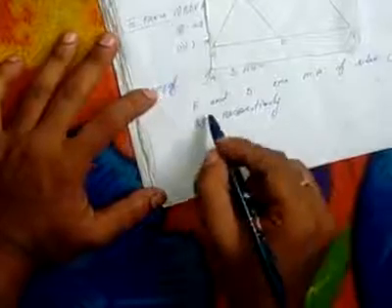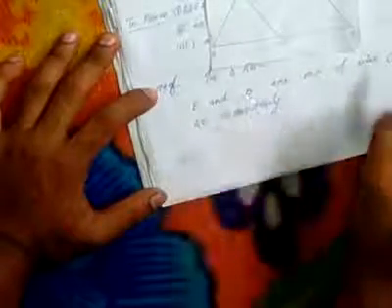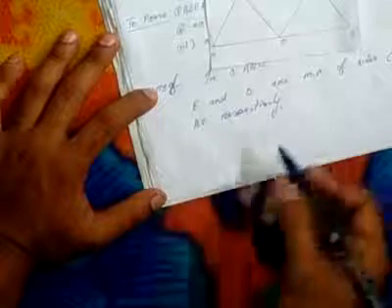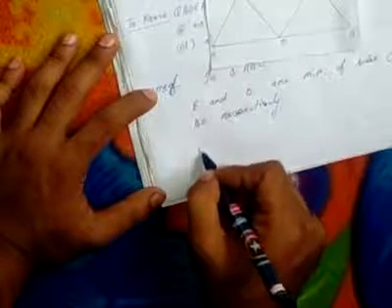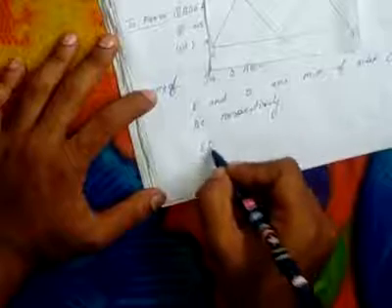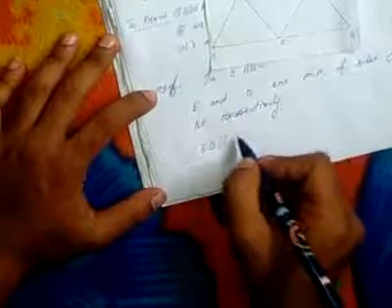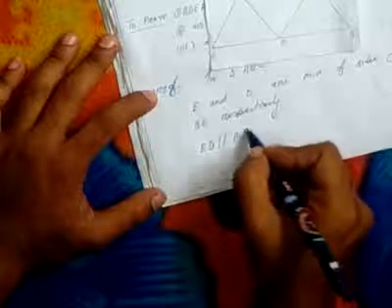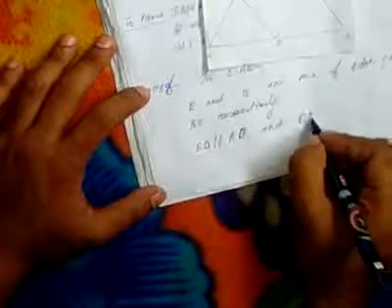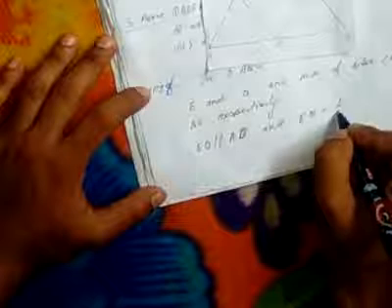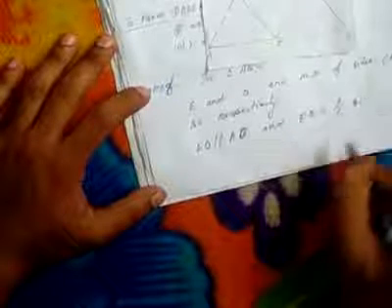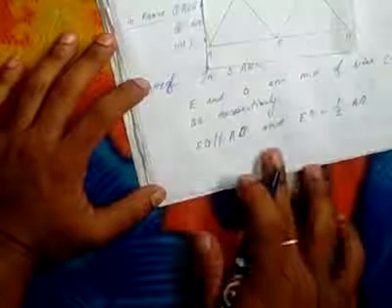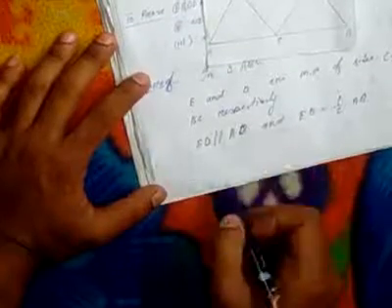Okay, I'm writing here, you can see. This implies that if E and D are the midpoints of the sides CA and BC respectively, then ED is parallel to AB, isn't it? ED parallel to AB. And ED is equal to half of AB, isn't it? As I told you in the other class, I think you know that. So we can write this one.